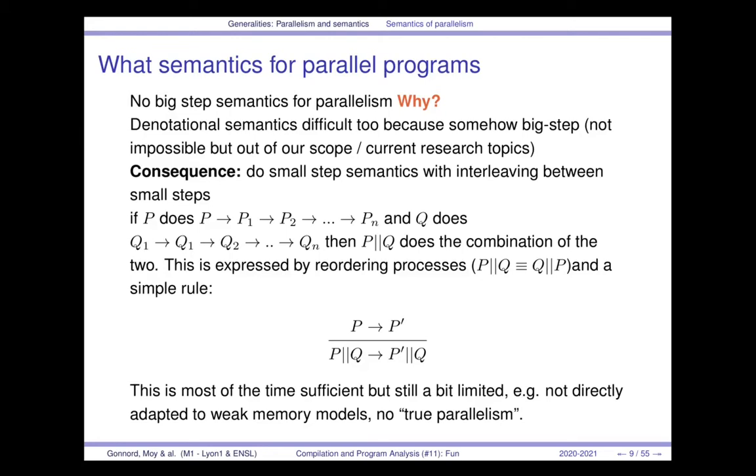You don't express things that are not directly related to the interleaving and the fact that perhaps you need a bit more information on the history of the operations like you have in memory models, and you don't have much notion of true parallelism saying, oh, those two happen at the same time. It's not really true because in CCS we will see how to have two threads that communicate and that synchronize, but it's more a notion of communication and synchronization than a notion of true parallelism.